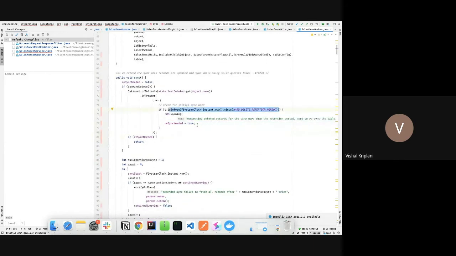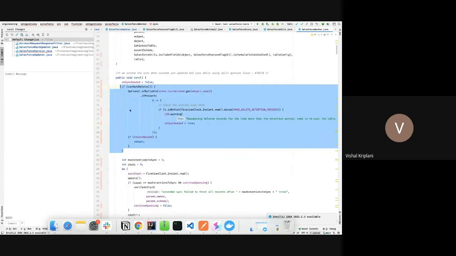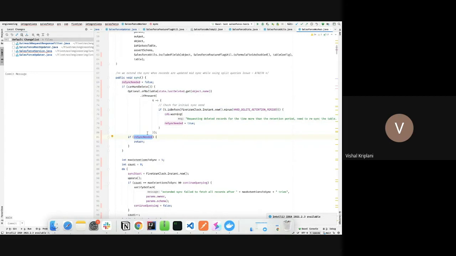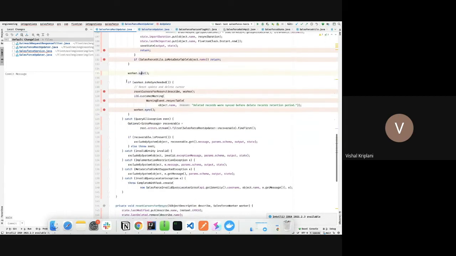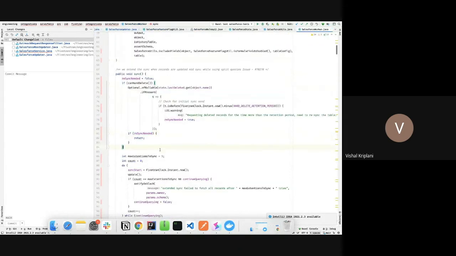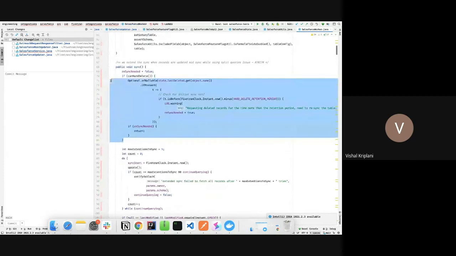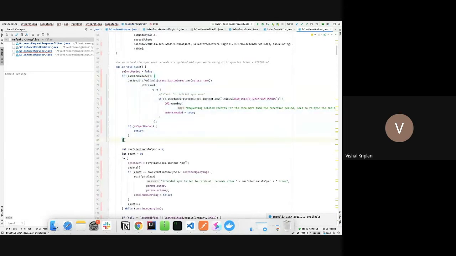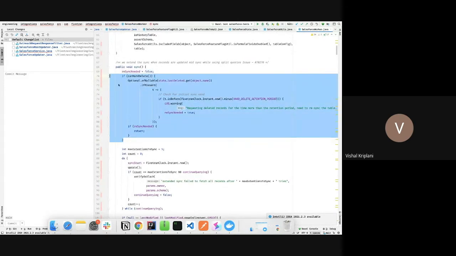So now if we check that we need to resync this table, we return from worker, we mark resync needed as true. And if you go inside that code here, in which we have done worker.sync, here this condition will trigger, and we go inside this condition and we resync the object. Okay, so at the start we first see whether we want deletes for more than 15 days. If we want, then we resync this object instead of going ahead with this sync.